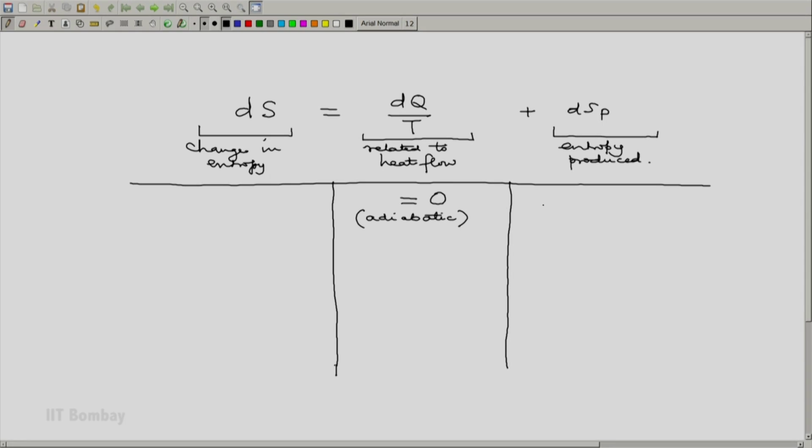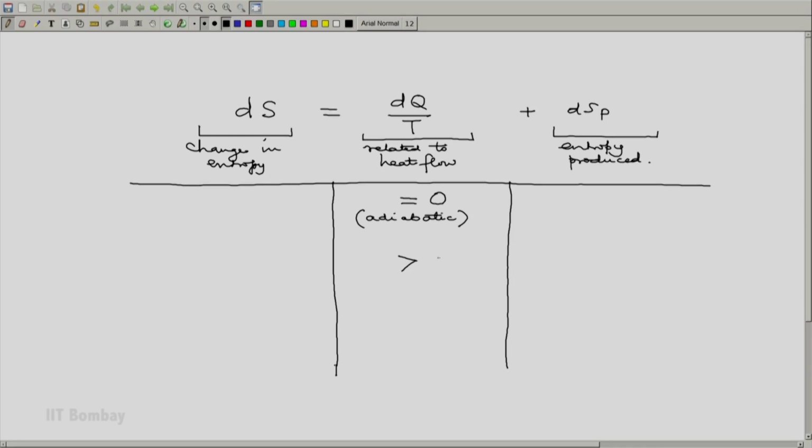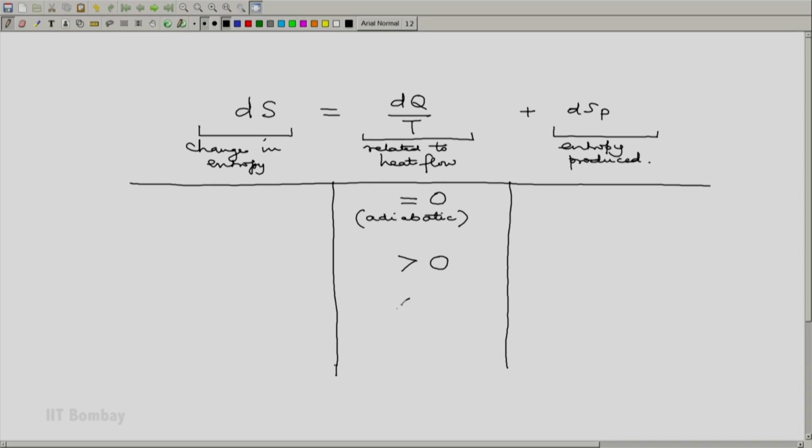It is possible that during a process the system absorbs heat, in which case this could be greater than 0. We do not have any special thermodynamic name for it, but if a system absorbs heat, maybe one could call it an endothermic process. It is possible that during a process the system rejects heat, in which case dq will be less than 0 and dq by t will also be less than 0. Again, you may call such a process an exothermic process,